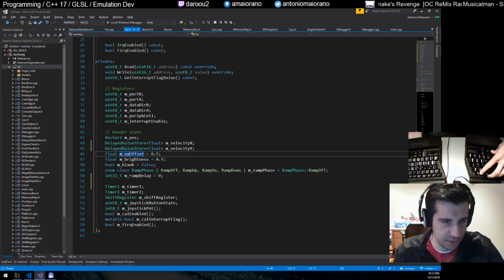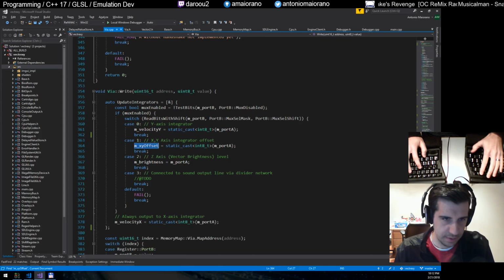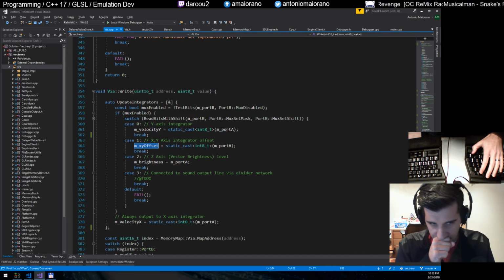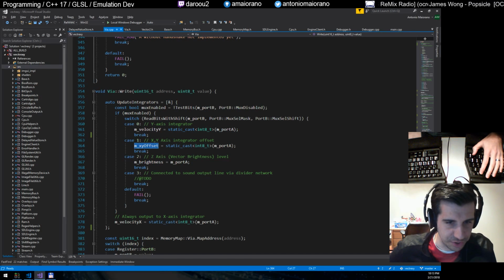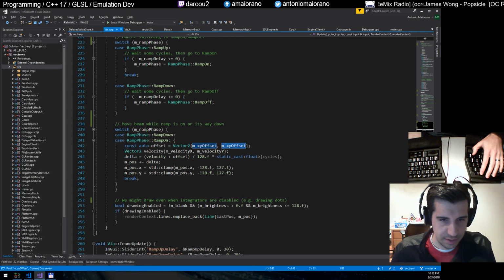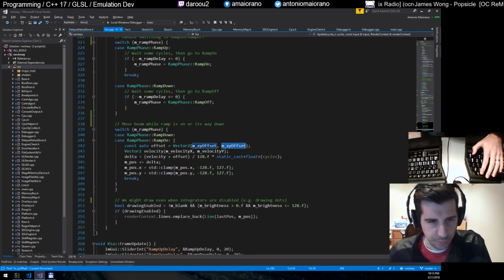Let me see, XY offsets. Yeah, we would write to this register, let's say, on the screen. I mean, technically it's not a register, but yeah, I have to think a little bit about what